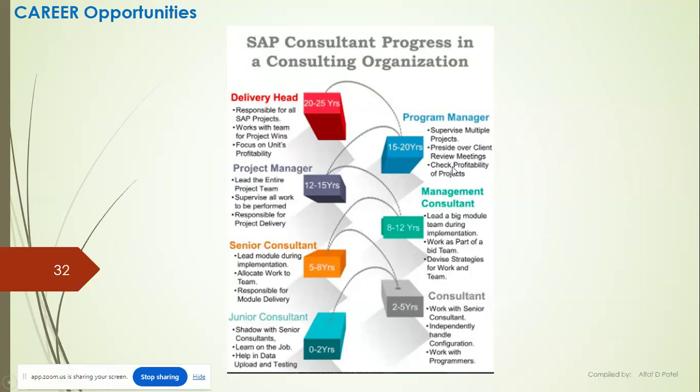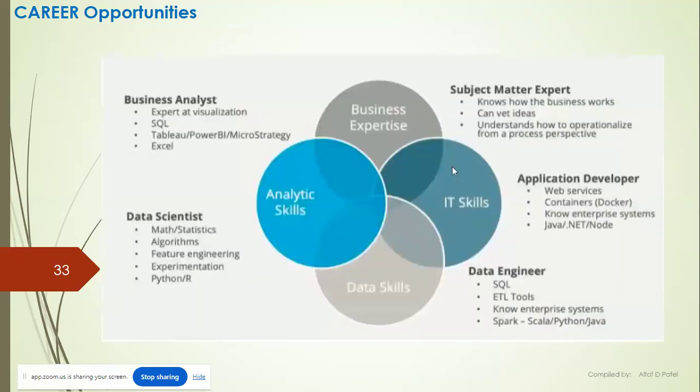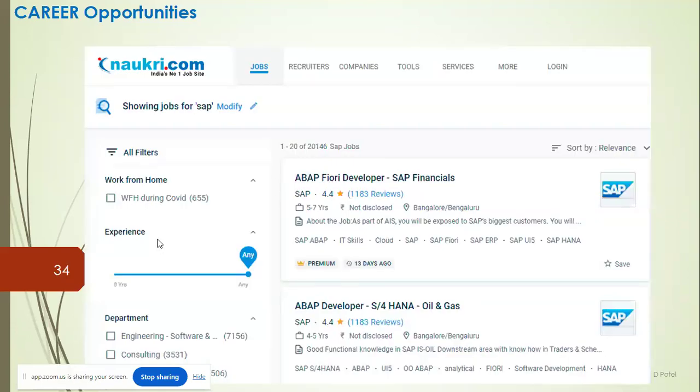And I don't want to talk about money you get. Obviously, SAP has a lot of demand. So you can become data engineer, you can become application developer, subject matter expert, business analyst. This is the latest one which is going on. Data warehouse and data scientist is another thing. Okay. So if you see in Naukri.com, lot of requirements on module based, basic requirements, material management, FICO consultant, APO, lot of